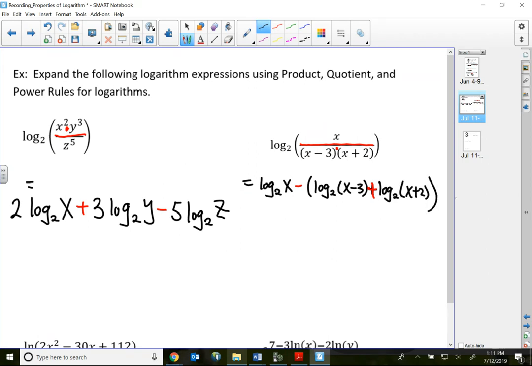So the reason why I put x plus 2 and x minus 3 in the parenthesis is because they are representing two terms, but both terms belong to the single logarithm. So that's why I put them in the parenthesis. So now with the subtraction sign here, looking at it as a -1 and doing a distribution, my final answer should be log with the base 2 of x minus log with the base 2 of x minus 3 minus log with the base 2 of x